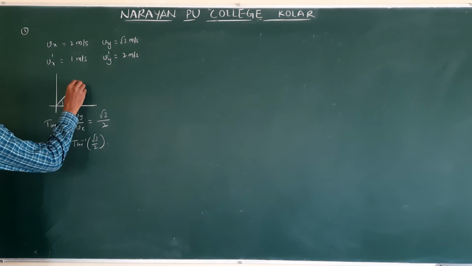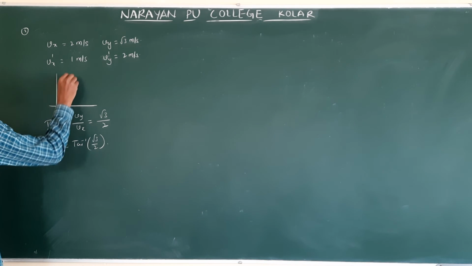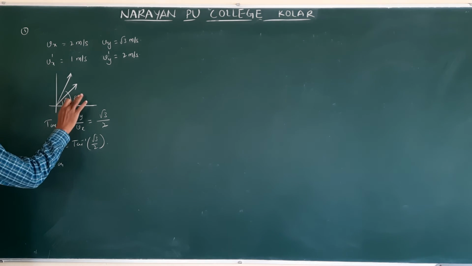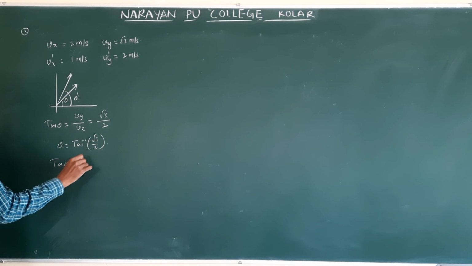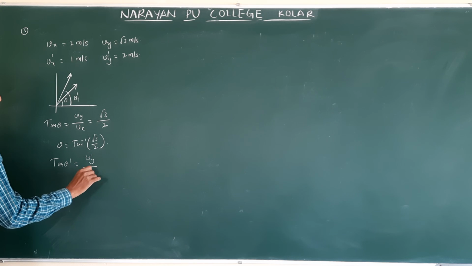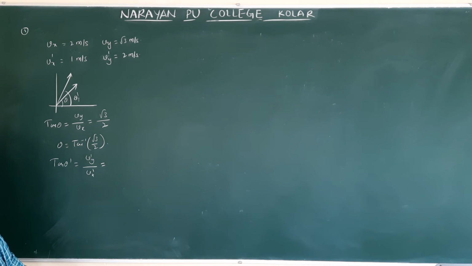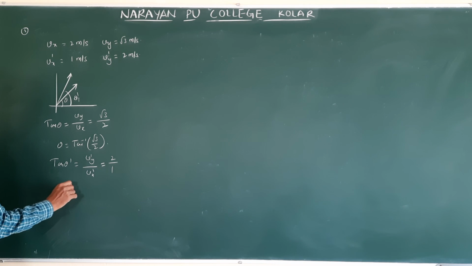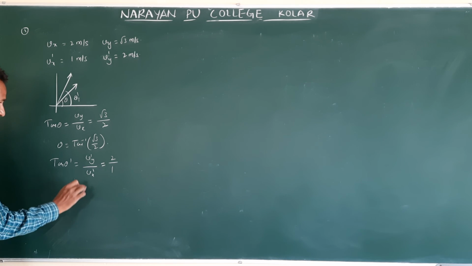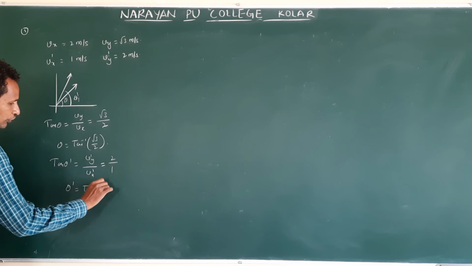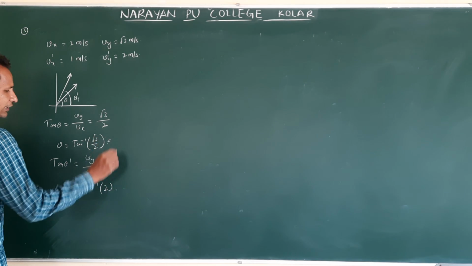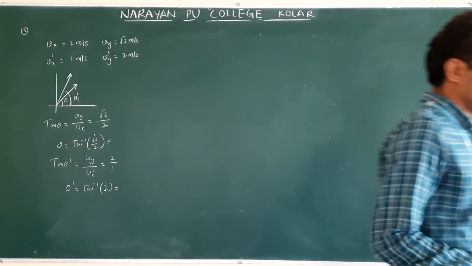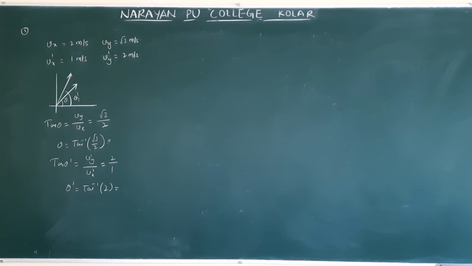Next one is what? Next you take another one. Let us say this is the first ball. Next, another ball starting. This is theta 1. So for the second ball, you take theta dash. Tan theta dash is equal to Vy dash by Vx dash. Vy dash is what? 2 by 1. So theta dash is equal to tan inverse of 2. If we know the tangent value, then we can find it. Clear, using a calculator we will do. Otherwise, they will provide these values in the exam.